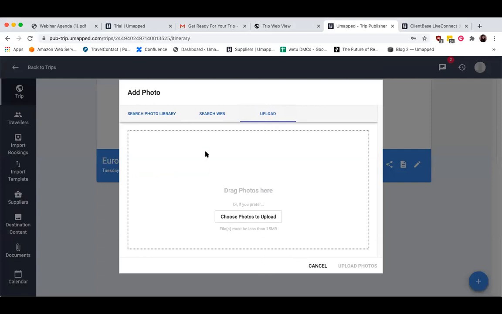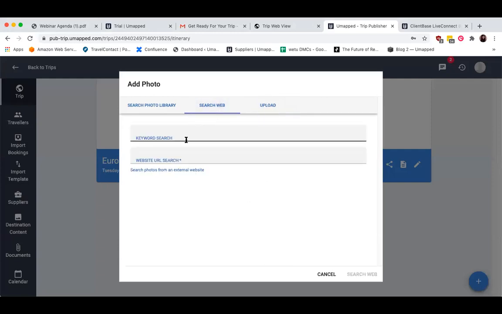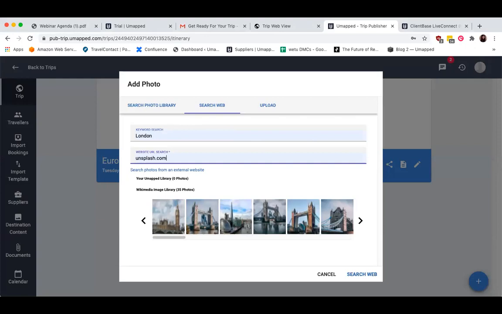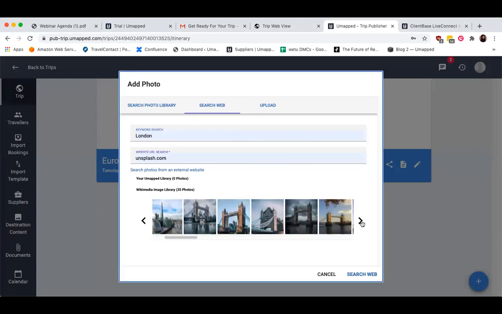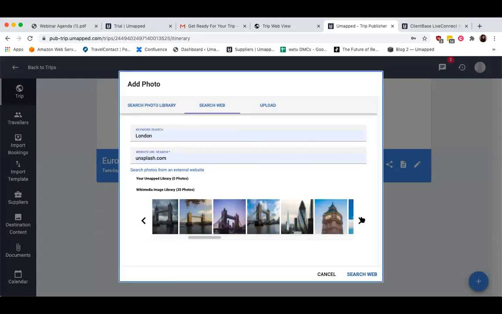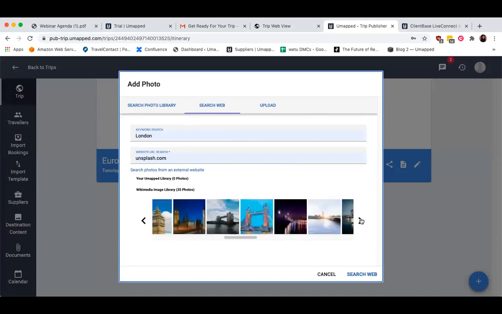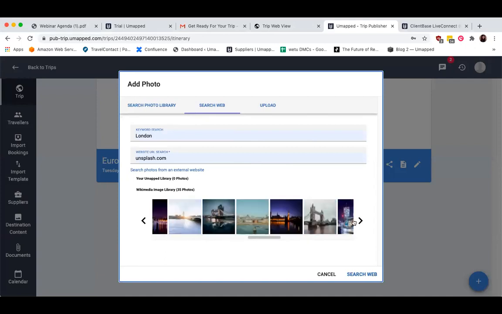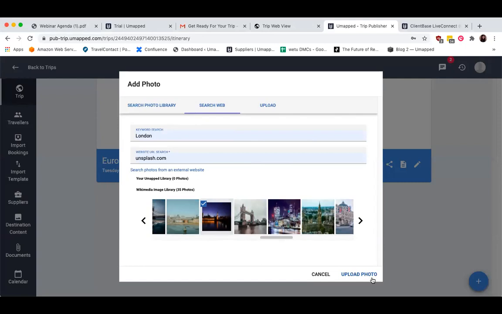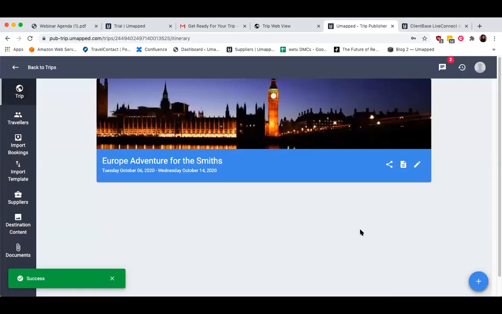So for our sample today, I'm going to search the web using a keyword. So let's go with London, and I'll look up Unsplash because Unsplash has tons of really nice free for commercial use photos. So if you need a generic photo of a location, I always recommend Unsplash. I really can't say that enough. So let's look through here right now. I'll take this one right here and upload. Okay,